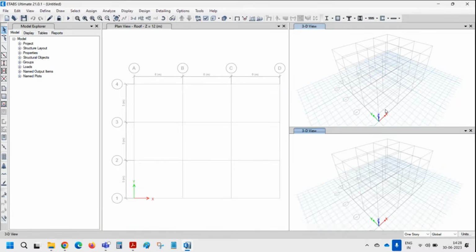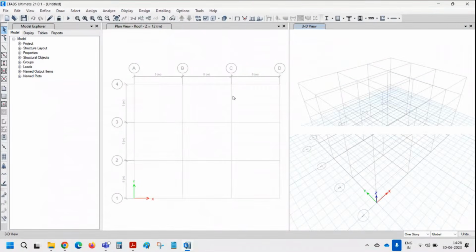Add new window. You can change the views. There are options. You can choose; typically 1 or 2 would be sufficient. And on your left, you have a model explorer where you have quick access to various definitions such as properties,